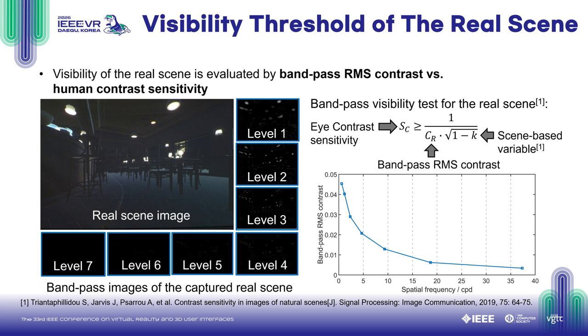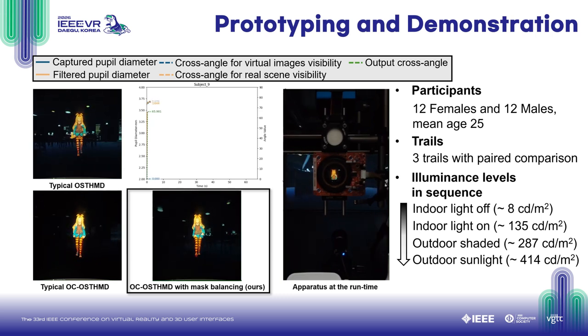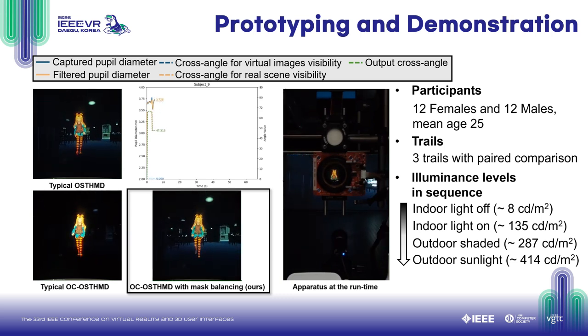Then, we compute the RMS contrast of a bandpass image and test its visibility to the user by using the function here. CR is the bandpass RMS contrast, and SC is the eye contrast sensitivity to the bandpass, which can be computed by using Barten's contrast sensitivity function. The bandpass strategy benefits the method by focusing on improving the visibility of the crucial image feature in a complex real scene, enabling a task-oriented experience. The system dynamically triggers the balancing LP when either visibility test fails, based on the visible thresholds of the real